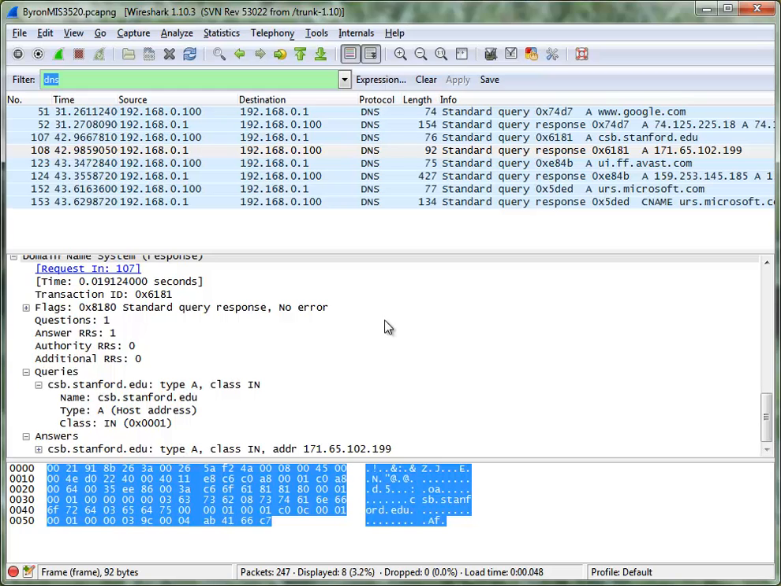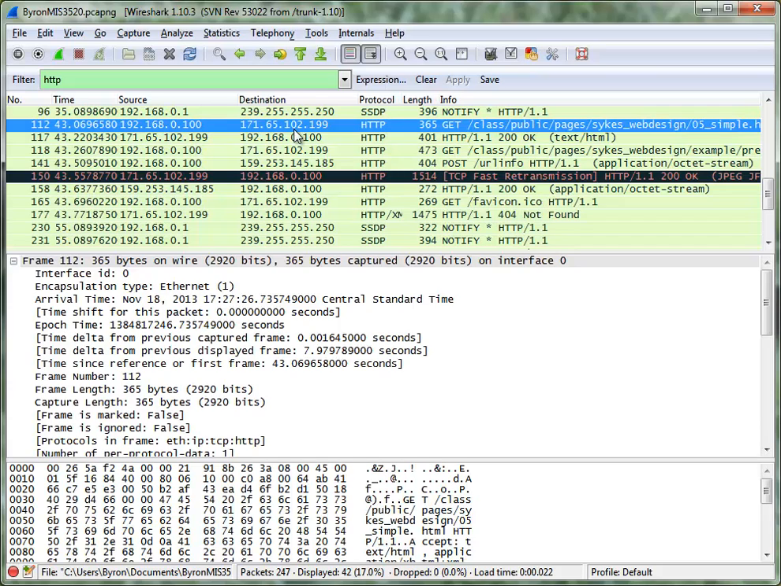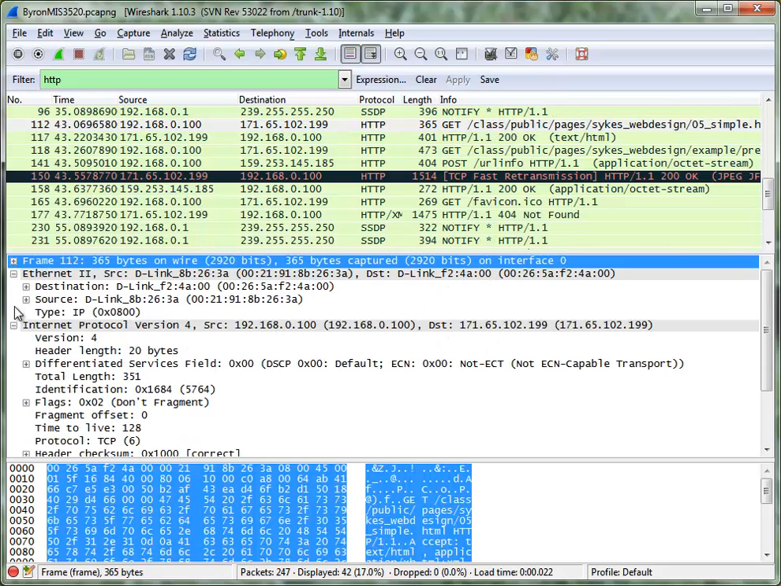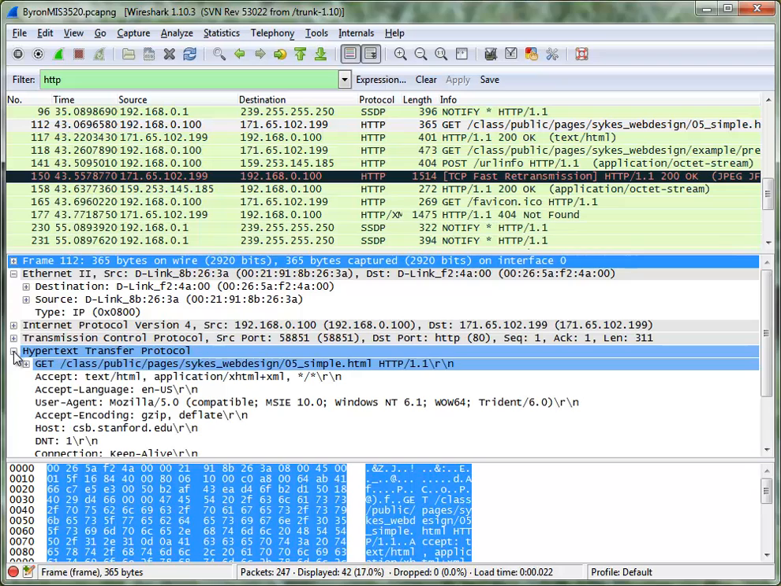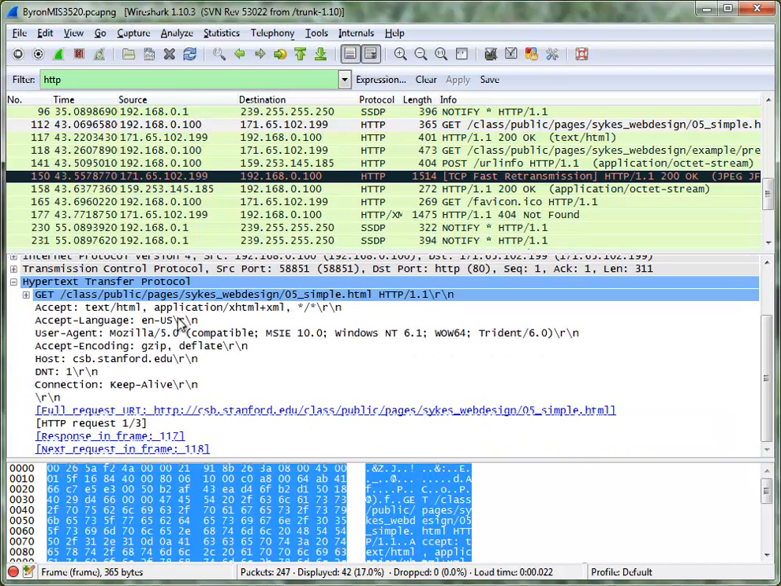If you wanted to see the web page related stuff, we should be able to do HTTP and see what that gives us. This is going to that Stanford one. So again, for me going out to that Stanford site, it's asking for that particular web page. So that's the web page that I wanted. If you want to look at the details of exactly what that request looks like,